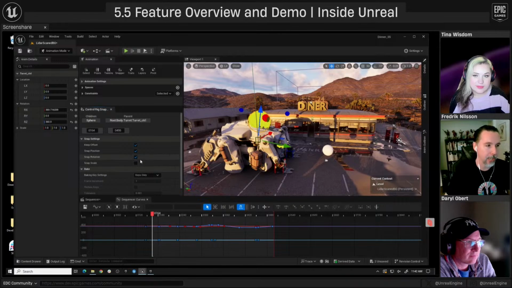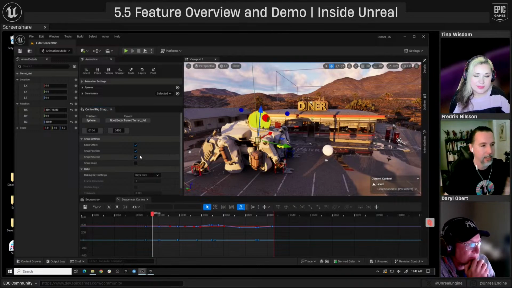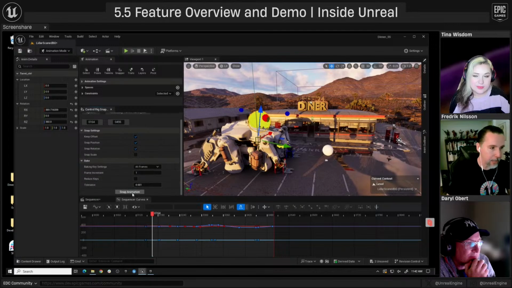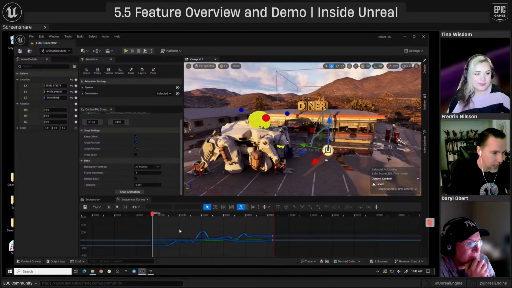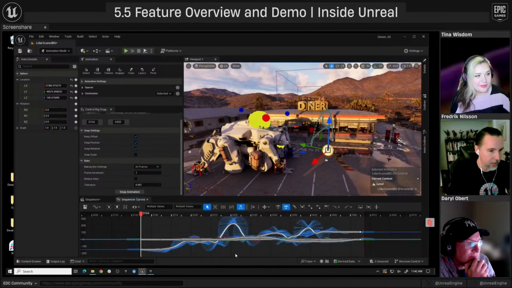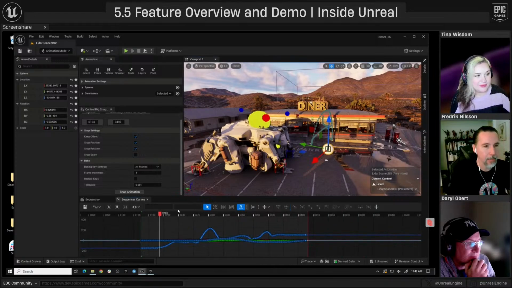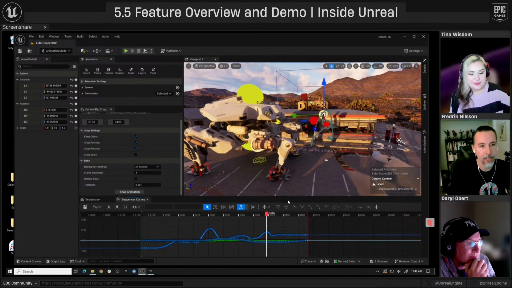I also want to snap the rotation, just to make sure it's as if I had constrained it and baked out the constraint. That's ultimately what I'm going to do here. Instead of keys only, I'm going to do all frames. And then I'm going to snap the animation. And very quickly, if all goes well, this should give me a baked result. So you'll see now that it baked, it follows the head as if I had constrained it.